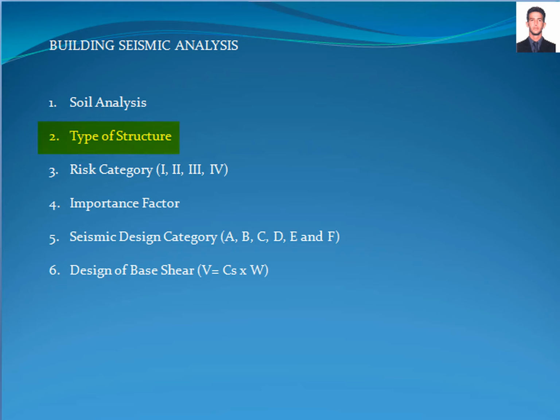Type of structure is the structural system that we have already chosen and that is being designed in accordance with the architectural requirements and height limits, according to the American Concrete Institute, American Institute of Steel Construction, and American Society of Civil Engineers Standards, from which we are going to determine the appropriate response modification coefficient, overstrength factor, and deflection amplification factor, in accordance with Table 12.2-1 of the American Society of Civil Engineers Standard, which could be building wall system,